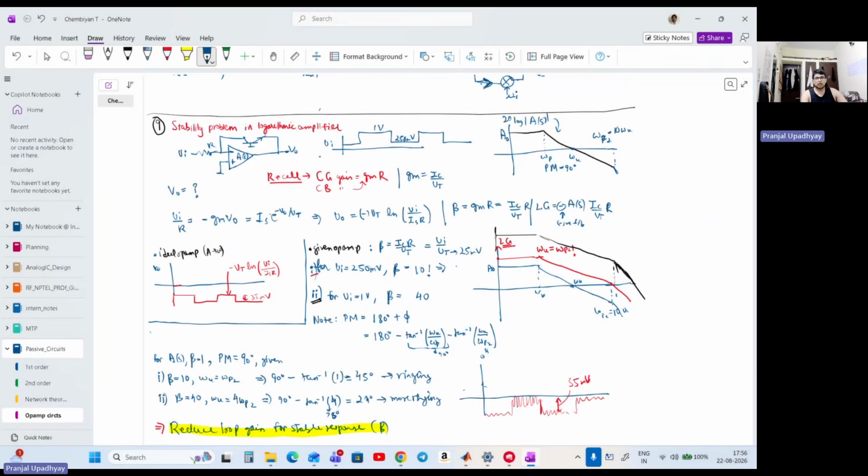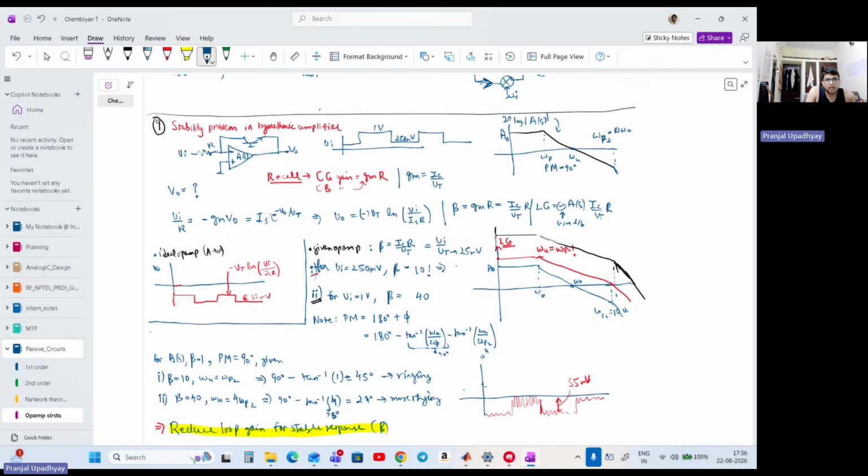And now what is being asked is that if we feed this kind of an input to this op amp, then what will be the output? Right. So this input basically transitions from 1 volt to 50 millivolt, and this is the ideal characteristic. So what will be the output of the op amp? Again, since we don't have much data about the DC gain of the op amp, let us anyway proceed with the analysis. So first of all,